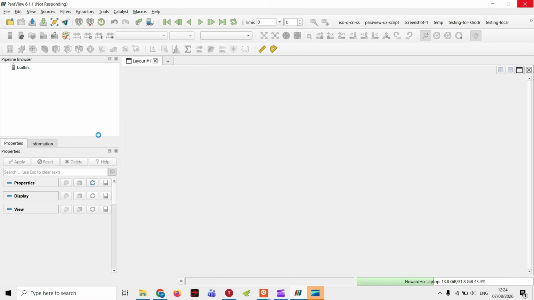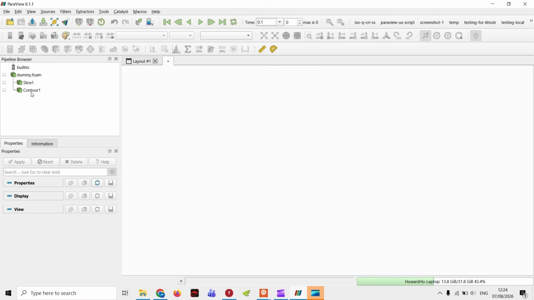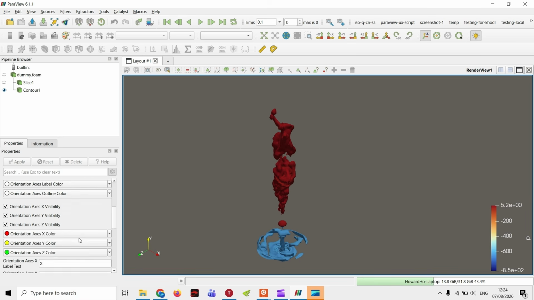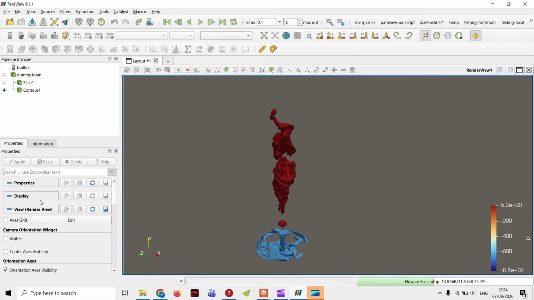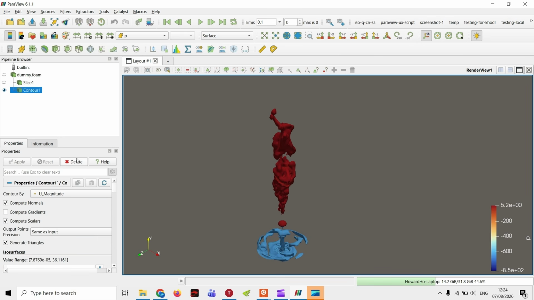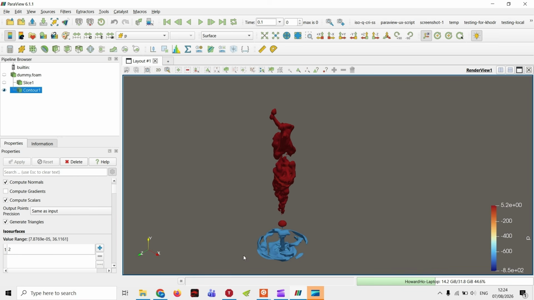Now, what load state does is that it saves our settings, but then ParaView has to redo all the calculations. So depending on how vigorous your pipeline is, it's going to get longer and longer during the load state. Here we only did some very light calculations, so that's why the load state only took a couple seconds. Some of the things that are not conserved are things like show plane. Oh, annoying, but oh well. But you can see that the color legend is saved, the range is saved,